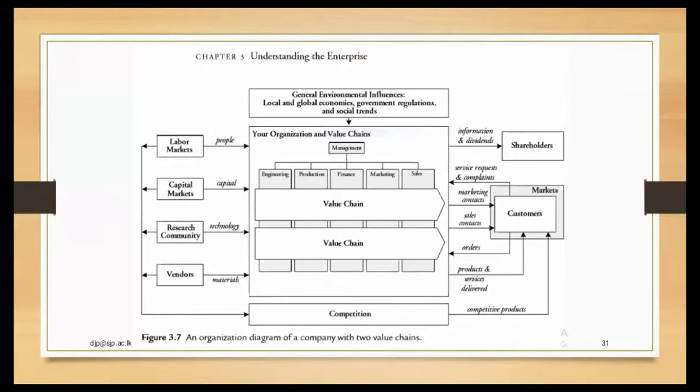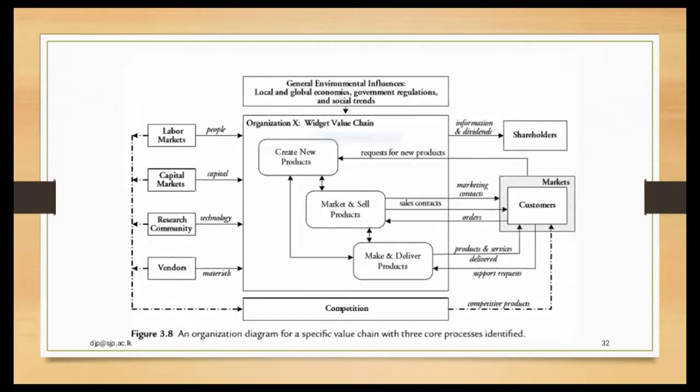And there are two value chains here, right? On the bottom, you have the competition. Here you see an organization diagram of a company with two value chains. So this is the organization with two value chains, and there may be so many different value chains in an organization. Why is that so? They may be involved with various different productions, right? Here you have this organization X,